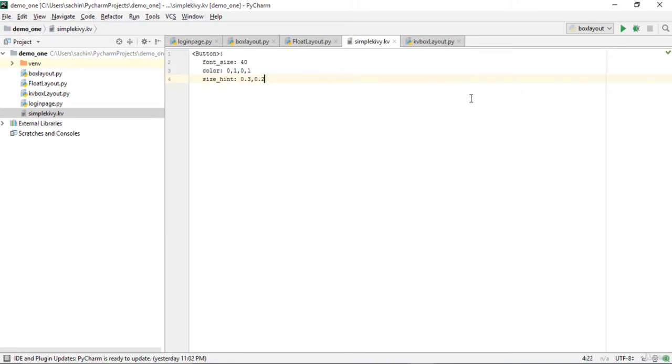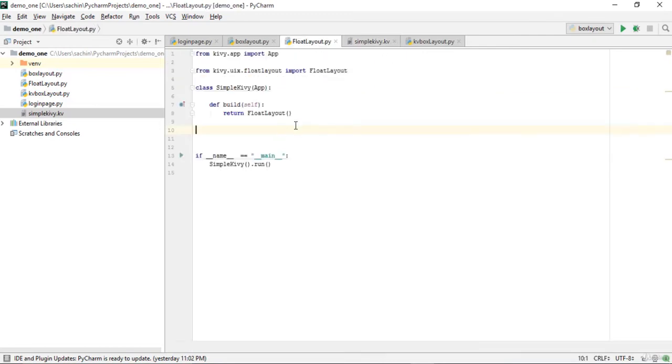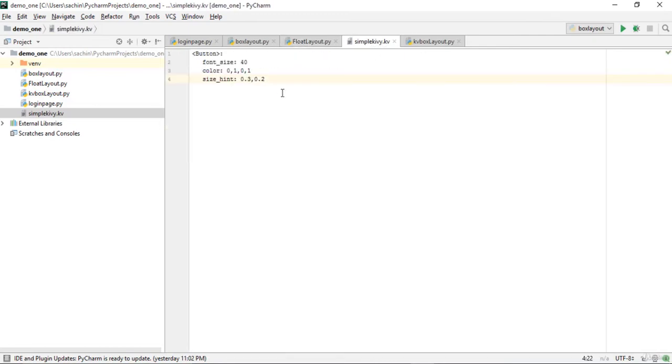So if you have an available portion that is equal to maybe the whole portion of this for our button that is in this our float layout, that means it will just contain this much portion. So basically this will just refer to the size of an element. So we have here 0.3 and 0.2, that means we'll have 30% of window's width and 20% of window's height. So next is to just define the float layout over here.